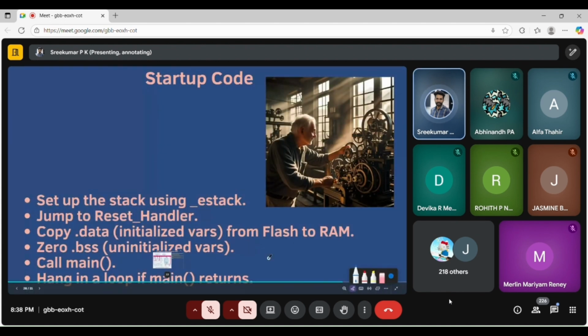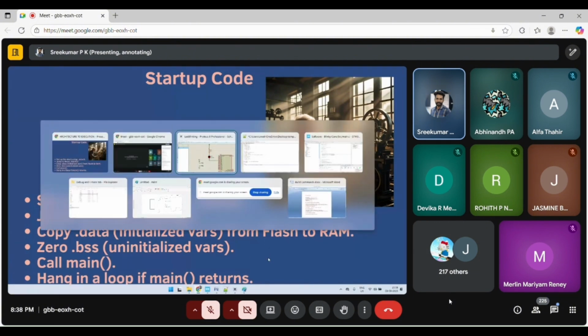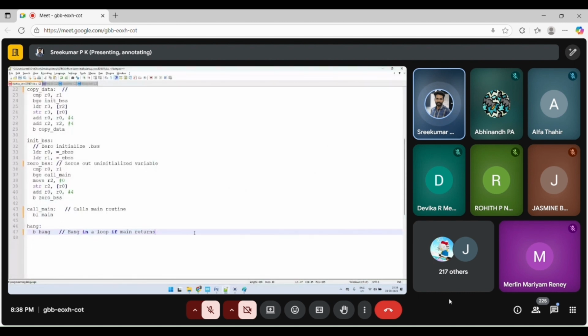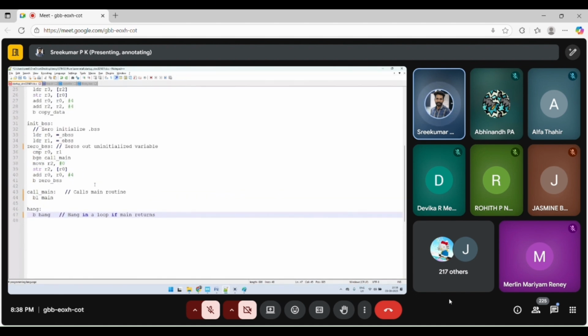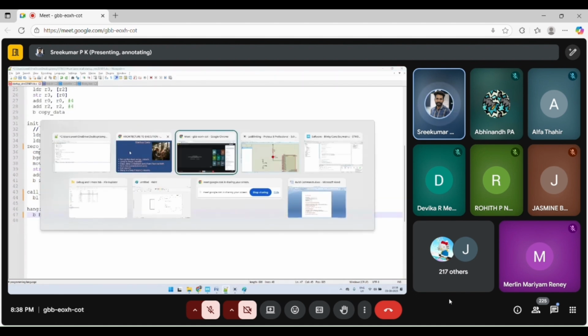If you are trying to access a memory which is invalid, it will go to hard fault. Sometimes your code is trying to access a memory which is no longer there. It will create a hard fault to the controller. At that time it will hang the processor in an infinite loop. So this is the section handling that hanging area. So let's go back to the slide.